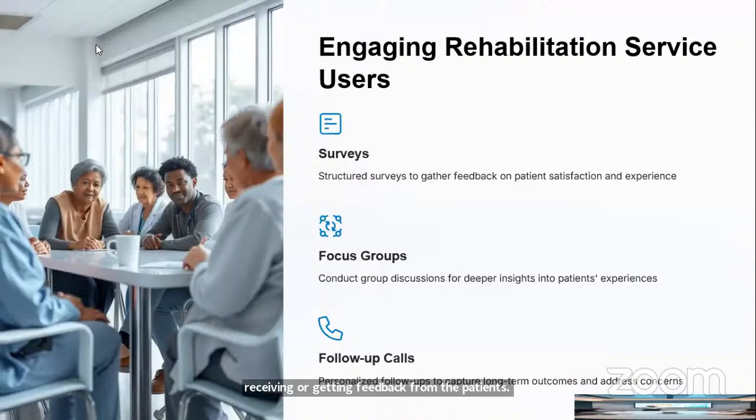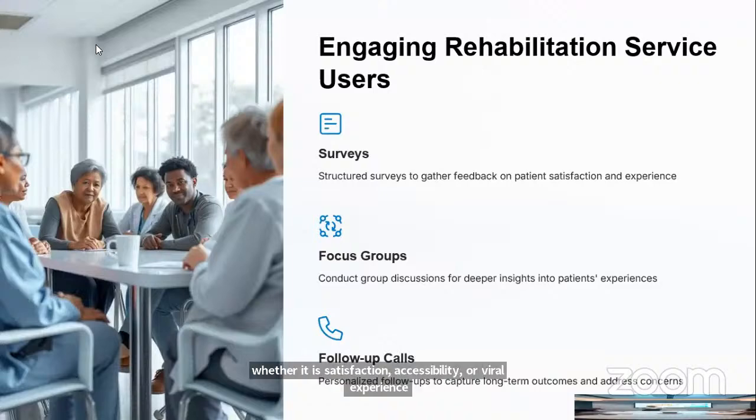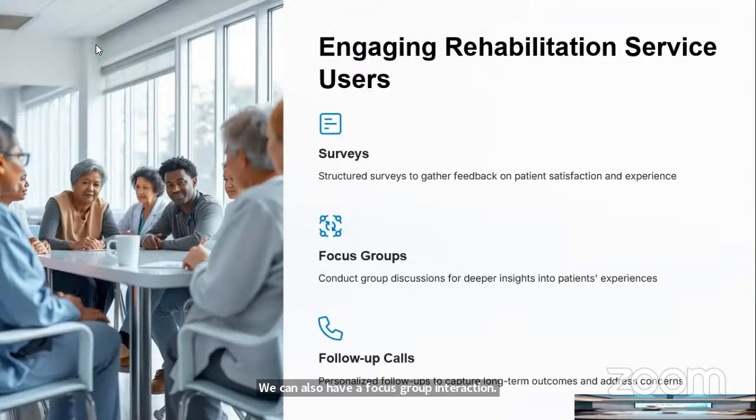Usually for surveys, we all know we use structured questionnaires so that we can gather information in the form of feedback on satisfaction, accessibility, overall experience, and so on. We can also have a focus group interaction as part of the feedback mechanism, so that a given group can sit together and discuss, so that we can get deeper information and insight regarding their experiences with